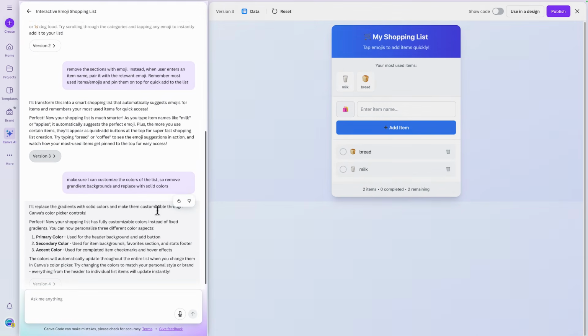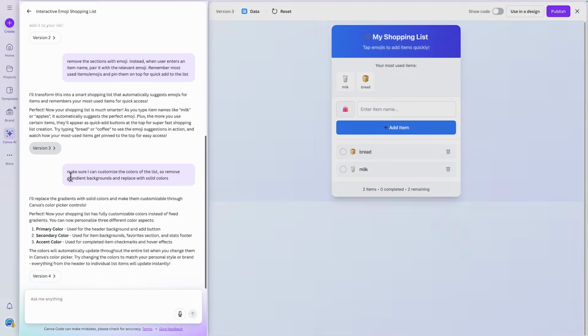So I came back to the drawing board, so this panel right here, and I said the following: make sure I can customize the colors of the list. So remove the gradient backgrounds and replace with solid colors. So I figured after some testing and errors, then when Canva uses a gradient color in the background of a